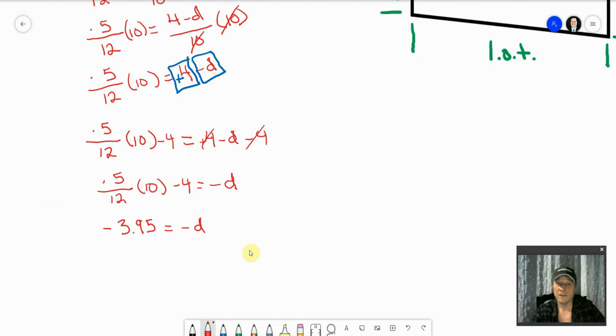I'm going to move my minus d over here, and I'm going to move my minus 3.95 over here, each to the other side of the equal sign. And what that gives me is d equals 3.95. That's all we're doing. We're just moving them to the other side of the equal sign, and the sign changes with it. So the truth is,